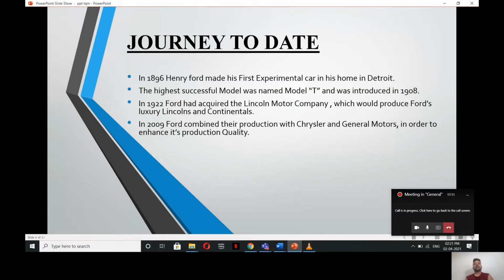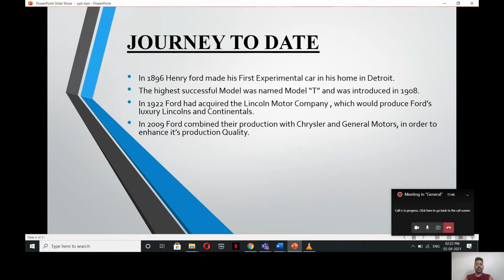And the second topic is journey to date. In the year of 1896, Henry Ford made his first experimental car in his hometown in Detroit. After formation of the Ford Motor Company, the first Ford car was assembled at the Mack Avenue plant in July 1903. 5 years later, in the year of 1908, the highly successful Model T was introduced. Demand for this car was so great that Ford developed new mass production methods in order to manufacture it in sufficient